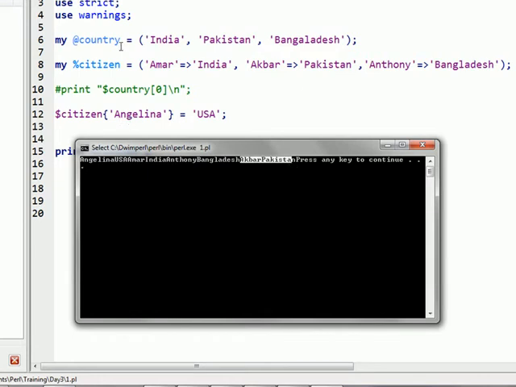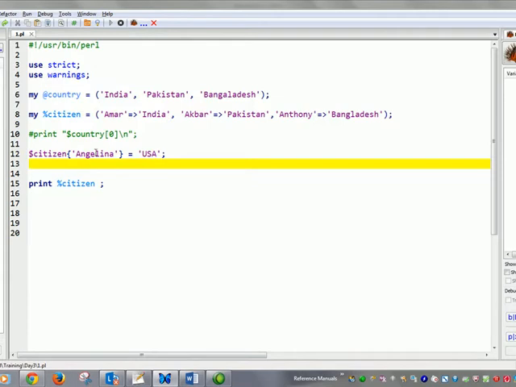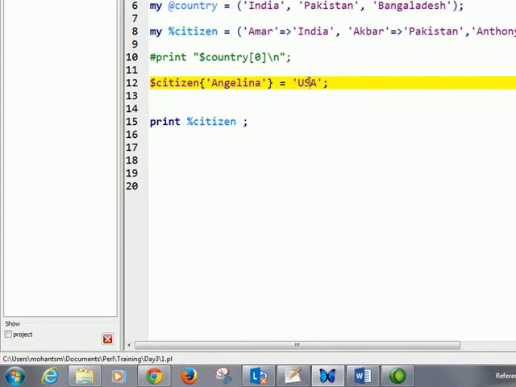So the citizen hash has now got a new entry. Adding data to a hash is very simple. You just have to define a new key and the associated value to it. It will automatically add data to this already declared hash. Now I will show you another thing.